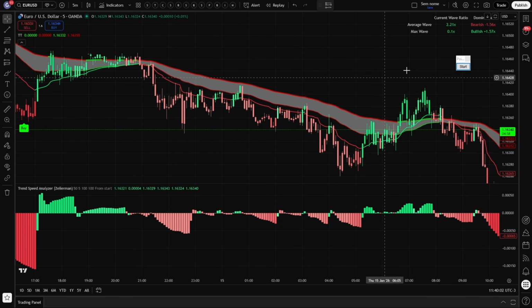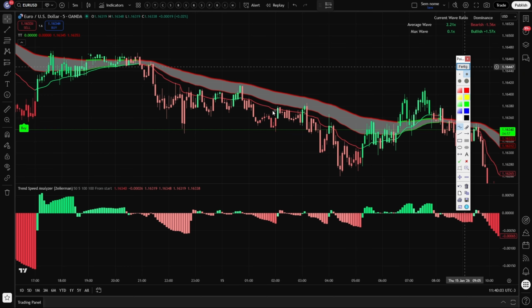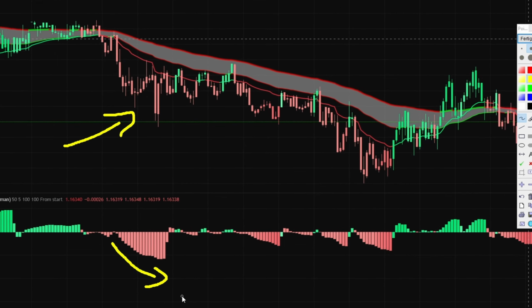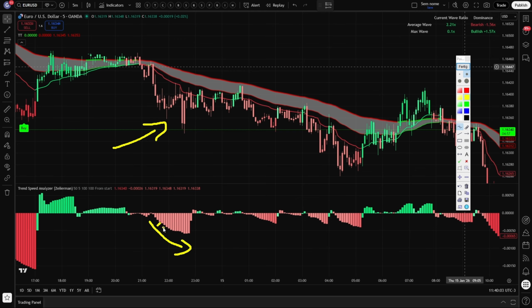Now for a downtrend, it's essentially the same principle but reversed. So what exactly do we need to look for? The chart turning red, the oscillator here, the histogram also being red, indicating a downtrend and its strength increasing more and more. We'll witness a moment when the chart retraces to seek out the moving averages, precisely as it did in this instance. As long as it doesn't break above these moving averages and begin to rise,